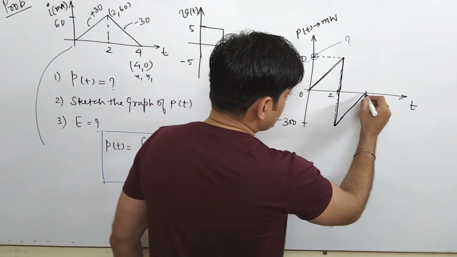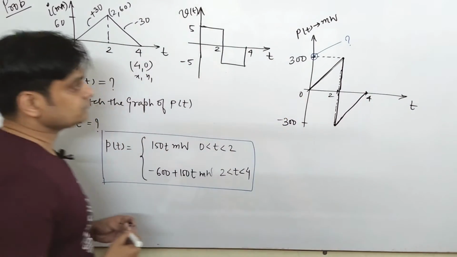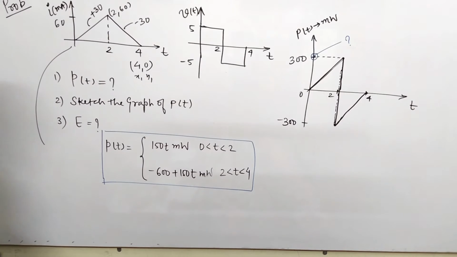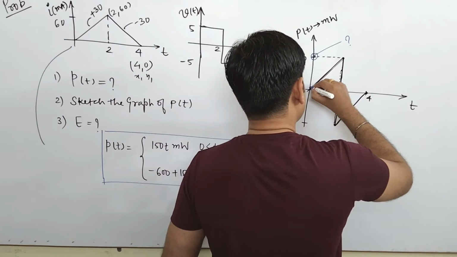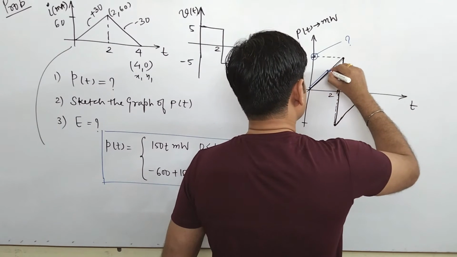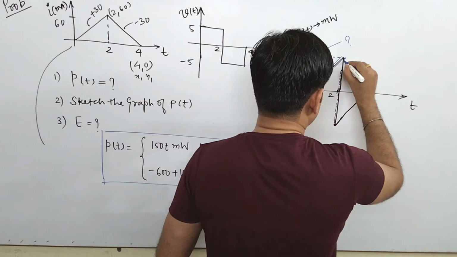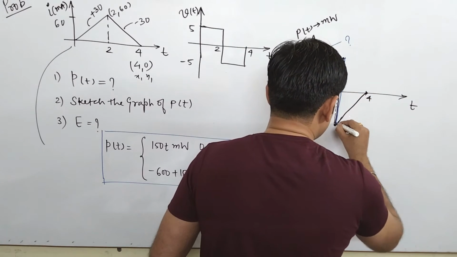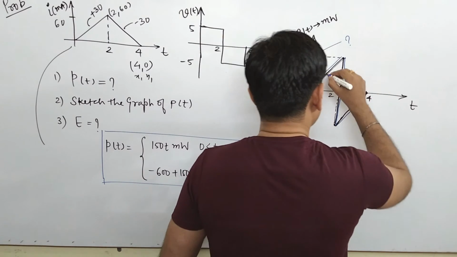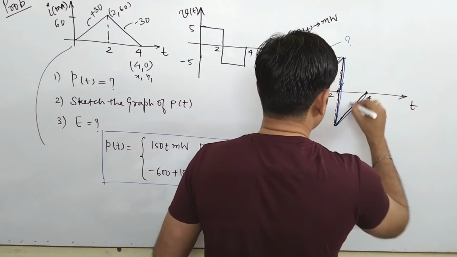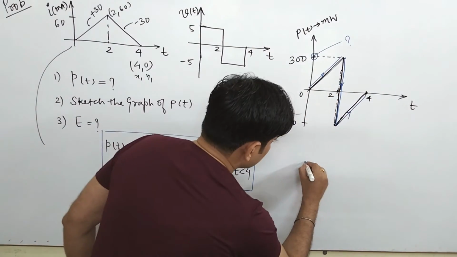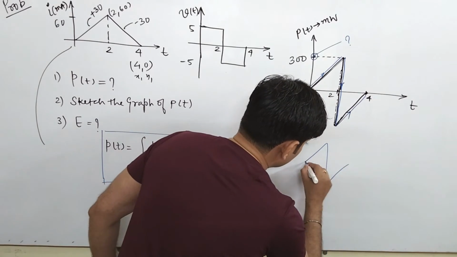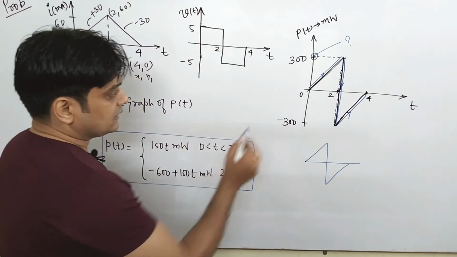So can you draw this slope? Yes. So this is your waveform for the power signal. Once again, please see, I will redraw it from here, and from here. Like that we have redrawn it. Just try to understand. So basically your power signal is in this form. Okay, this is your power signal.